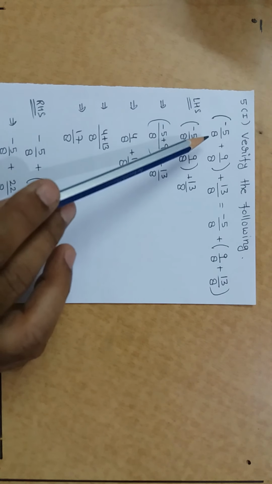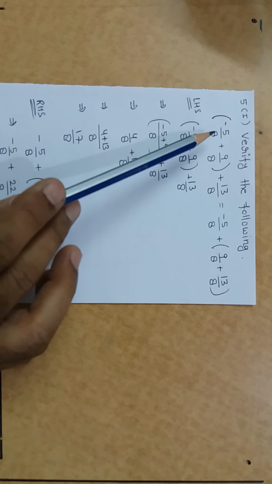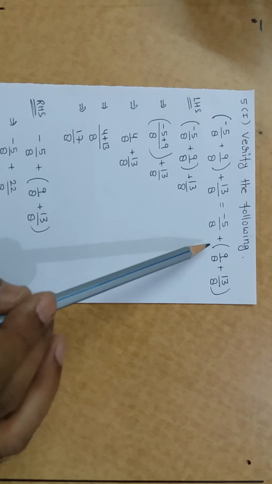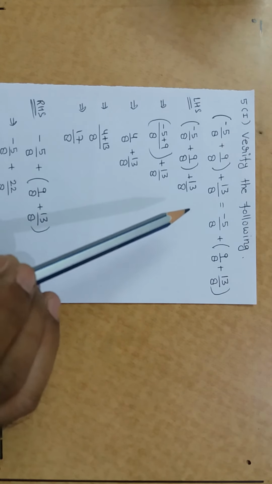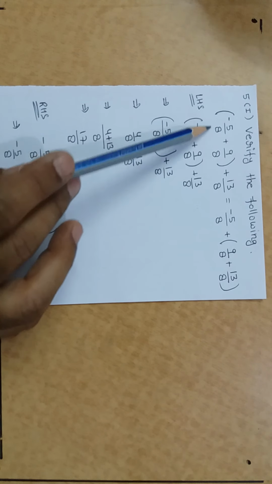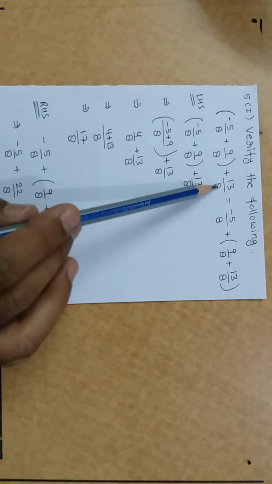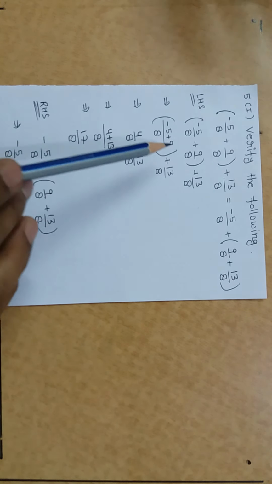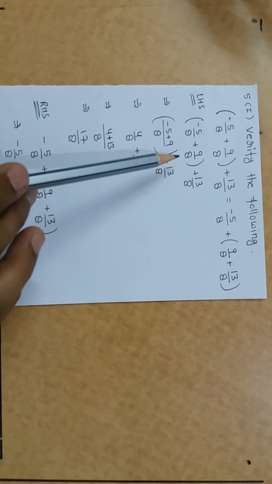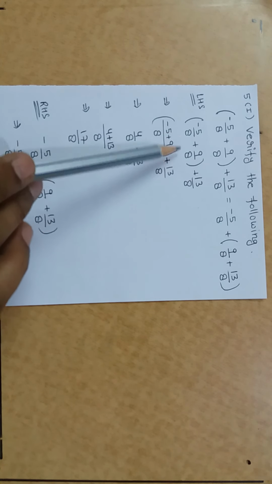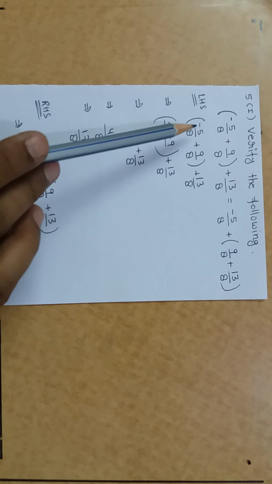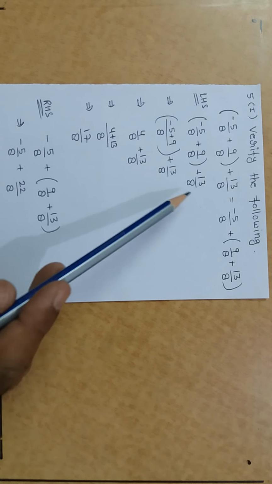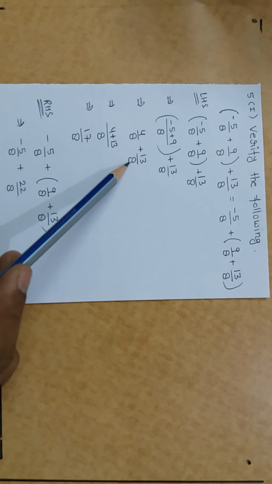Here, what is the property? It is known as the associative property: first term plus second term and third term. Taking the left hand side, minus 5 upon 8, 9 upon 8 and 13 upon 8. First of all, simplify the bracket term according to the BODMAS rule. First we solve the bracket term. Here both are like fractions, denominators are equal, so simply take 8 as LCM and we write minus 5 plus 9. Minus 5 plus 9 is equal to 4 upon 8, and 13 upon 8 has no change.